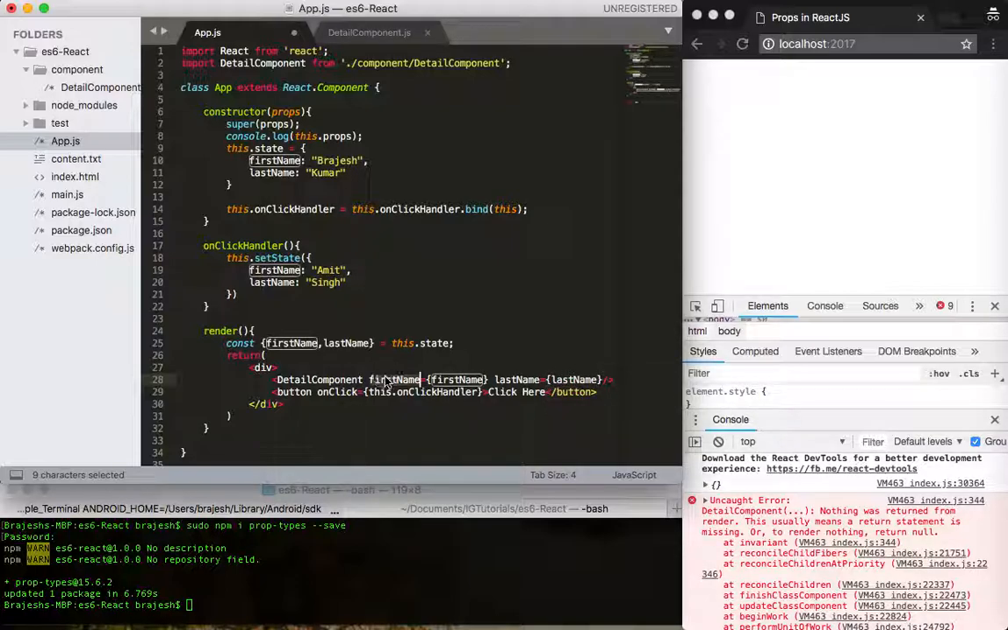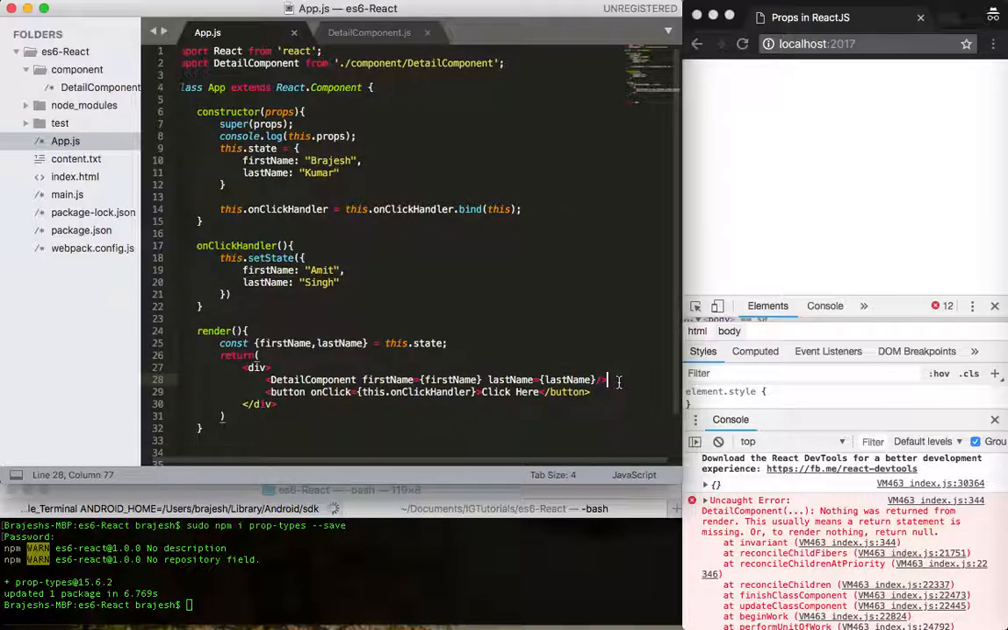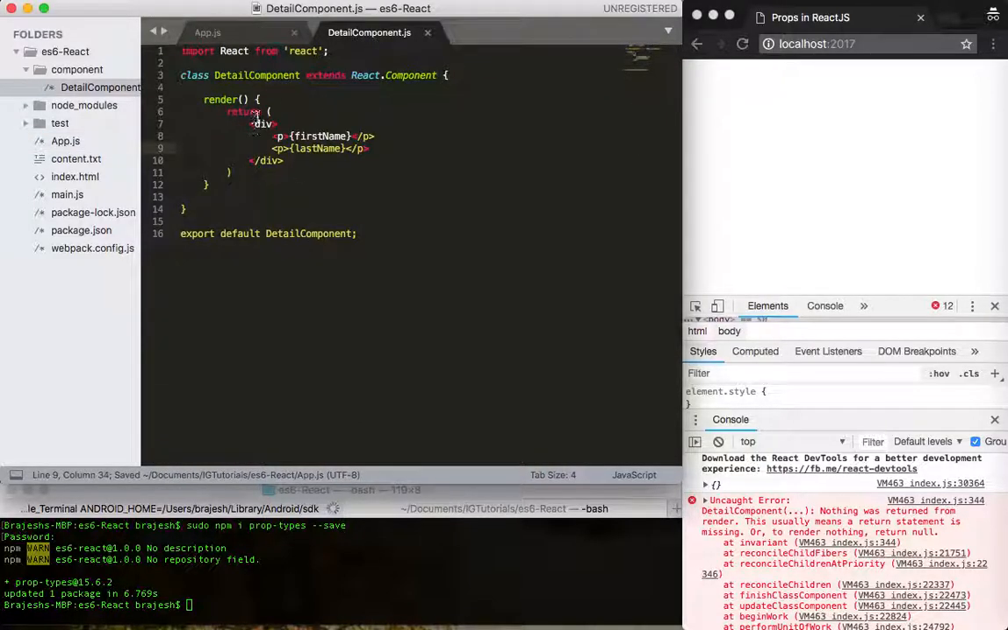So these are the user-defined properties, first name and last name, and these are the values we are getting from the state and assigning here. Now once we pass the value inside the component, we can go here in the component, and now we can extract that information. So we can say const